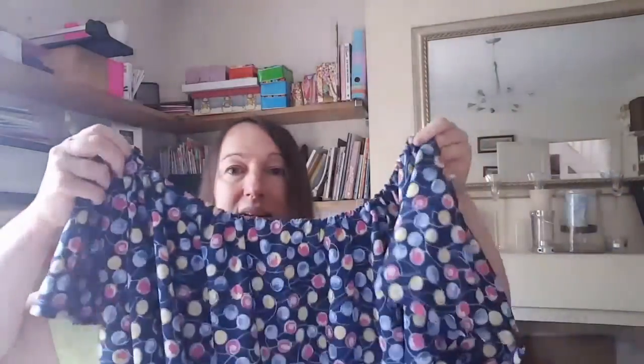So I took it in, but I think I've taken it in too much, because when you have it across the shoulders, it just keeps edging up. It may in time sort of settle, but it's got a nice sort of big sleeve, and it's very loose fitting. And as soon as I'd seen the top, because they do a top and a tunic version, I thought you could just have that as a dress, just lengthen it and make it into a dress. I was given this material, and the actual proper side is this dark blue, but I liked the lighter, more paler side, so I made a dress version,